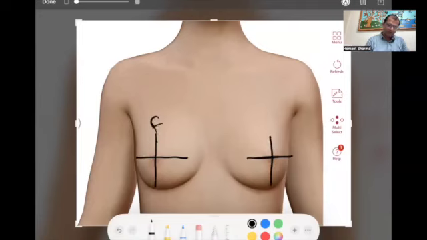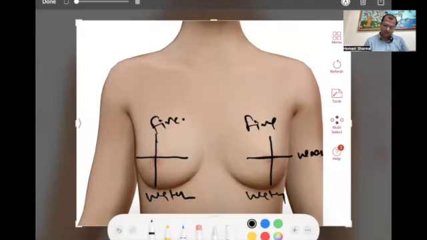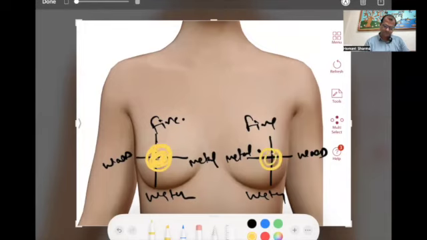The upper part is fire, and the lower part is water. 下面是水。The outer part will be wood, 外面是木，and the inner part will be metal. 里面是金。Now if we are coming to the center, the center area is the earth element. 中间的话是土。